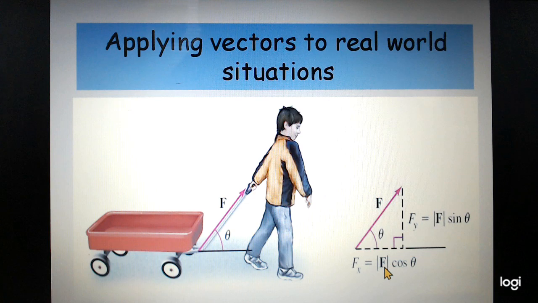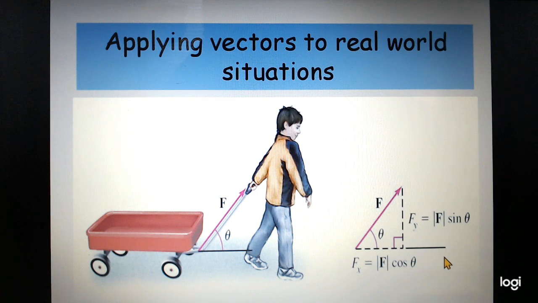That's the magnitude of F times cosine theta. We've done that kind of thing many times, and it has a vertical component of magnitude of his force times the sine of theta. And what that means is that the amount of forward motion of this wagon is affected by